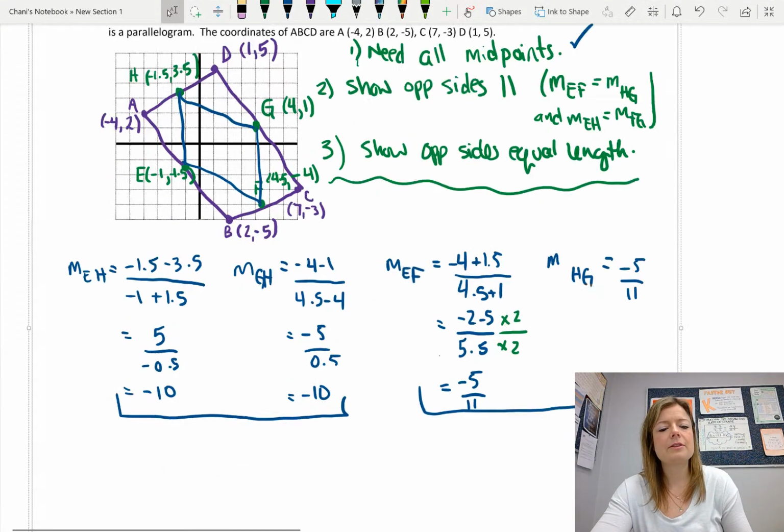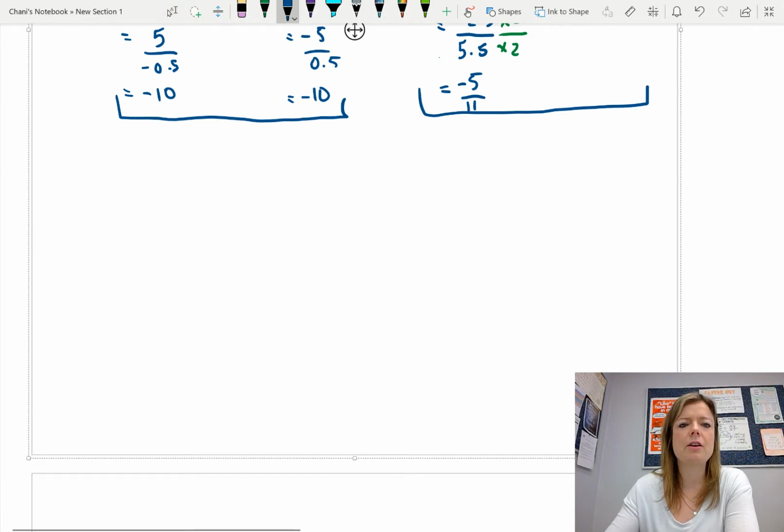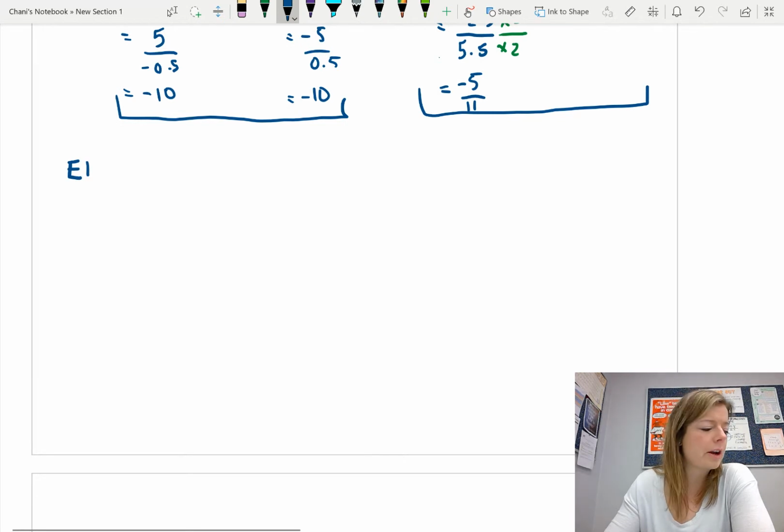So again, because there's a lot of calculations, I'm going to speed up the process for the sake of the video and assume that you know how to apply the distance formula. If you are not confident on this, please see me, okay? Don't let that go. Please actually see me so we can talk about it. All right. If you find the distance formula of EH, you get the square root of